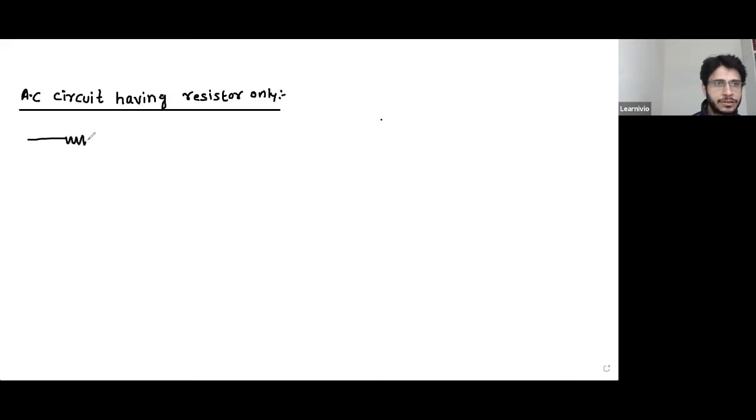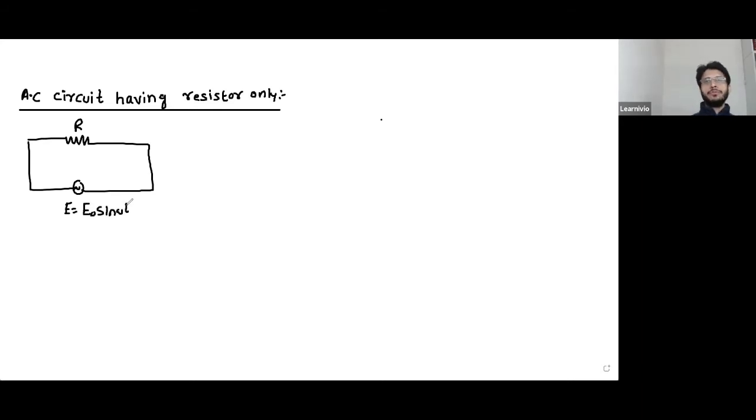So let's take a resistor. The resistance is R. Connect it to a power supply. This is AC supply E naught sine omega t. So the equation of EMF is given. You're supposed to calculate the equation of current. While calculating the equation of current, you will get the phase difference. When you have the phase difference, you can calculate power factor and obviously average power. So the equation of current is